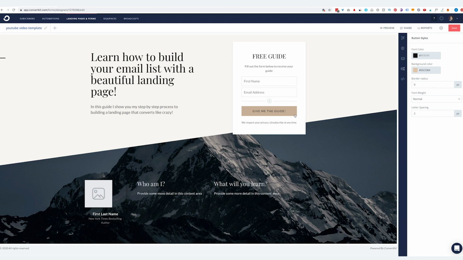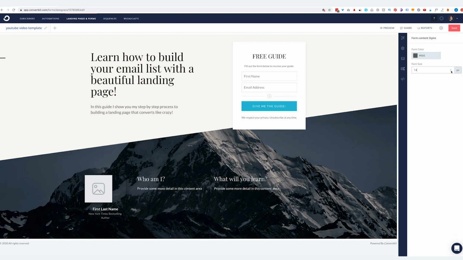So I'm gonna leave it like that, but right now this brown color is not really eye-catching. So by clicking on the button on the right-hand side, you're gonna see additional settings here, and one is the background color. So I'm gonna go ahead and click that and just drag around the slider here until I find something that I think looks good. So maybe a blue like that, and I'm gonna change the font to white. Okay, so I think that looks a lot better. I'm also going to change the size of this text so that it goes on one line. So again, I'm doing that on the right-hand side here, and I'm just gonna bump it down to 14, and that put it all on one line.